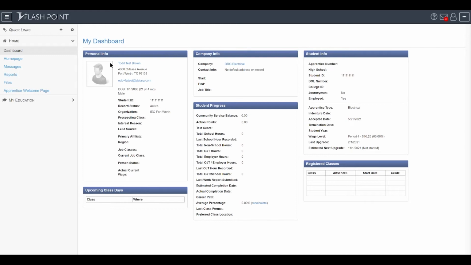The apprentice portal here allows student apprentices to enter in OJT or work reports on a monthly basis. Information as it's being filled out can be filled out either weekly or daily, as I'm about to demonstrate. In order to create a new OJT report, work report, or to enter a new one, simply expand the My